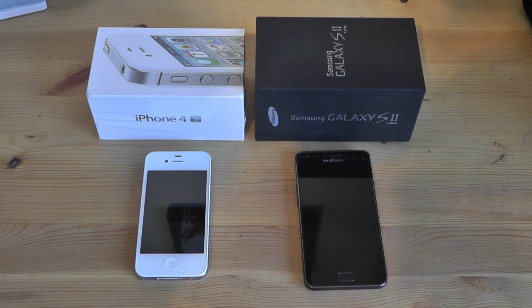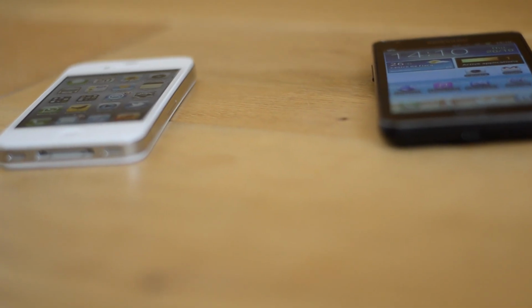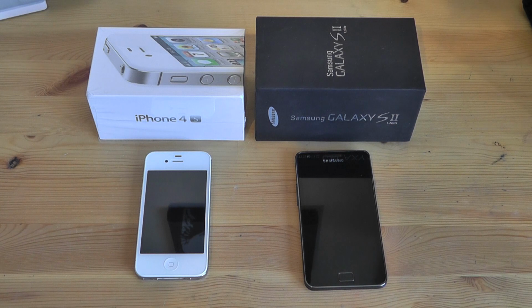Now, in terms of the given standby and talk time, the standby time given about the Samsung Galaxy S2 on 3G is up to 610 hours. The talk time on 3G is up to 8 hours and 40 minutes. The given time on the iPhone 4S is up to a 200-hour standby time, and the talk time up to